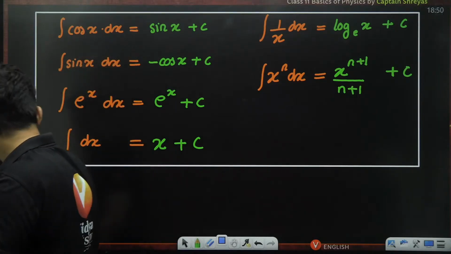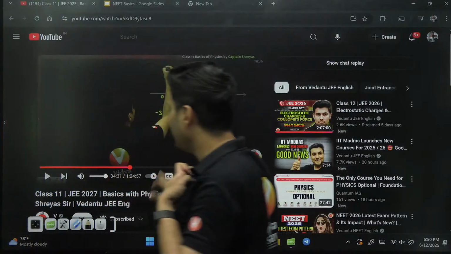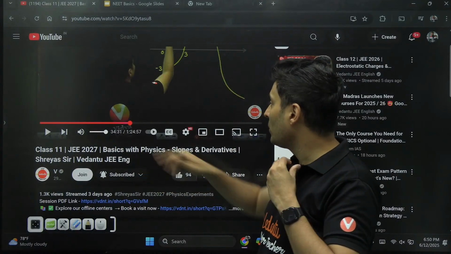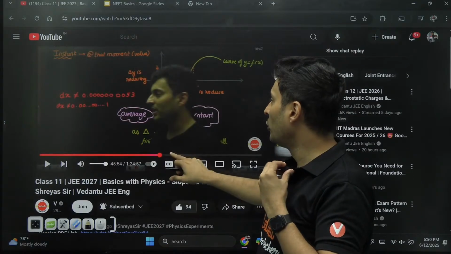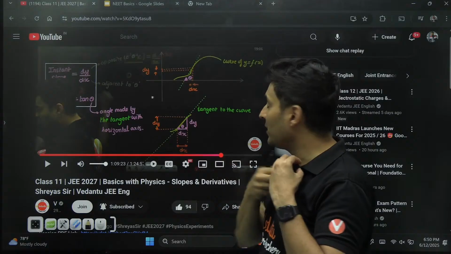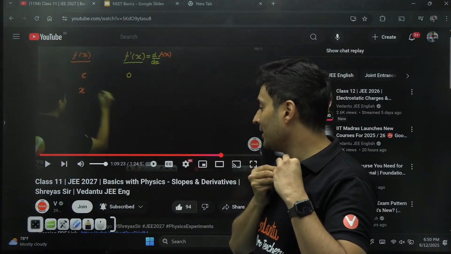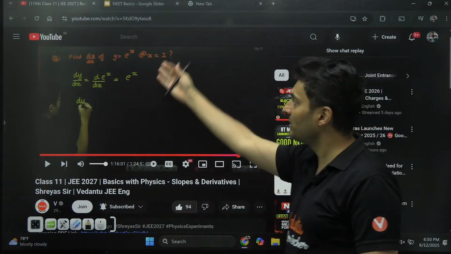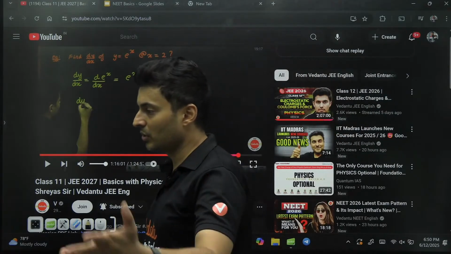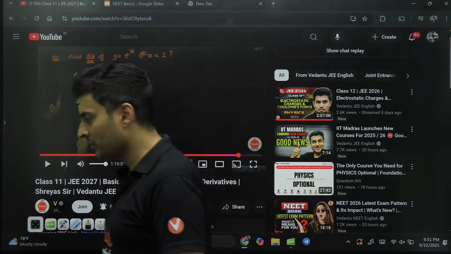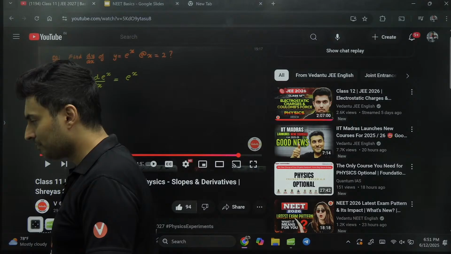Okay. Abhijit, derivative, right? I have explained it in this class. Did you attend this class, my dear? I've explained what is the concept of derivative and slope, and we did a beautiful lecture on finding derivatives by geometrical and analytical method. It's a beautiful session. Please check it out. We have done derivatives in a proper class. So please watch it, Abhijit, Bhuvan, in case you have not watched it.